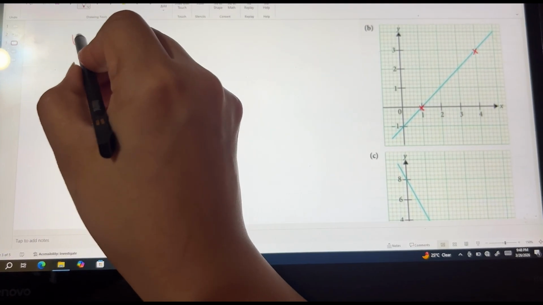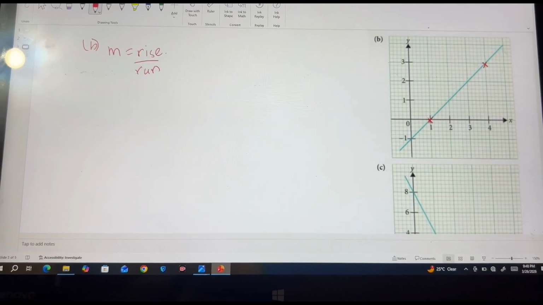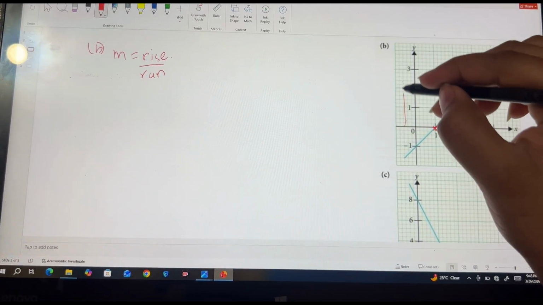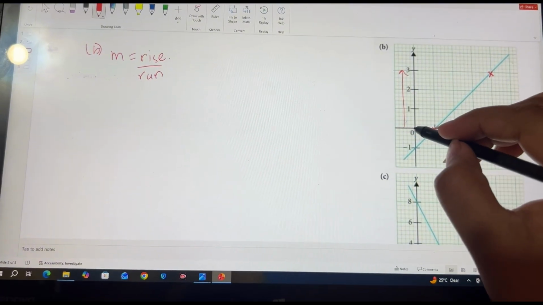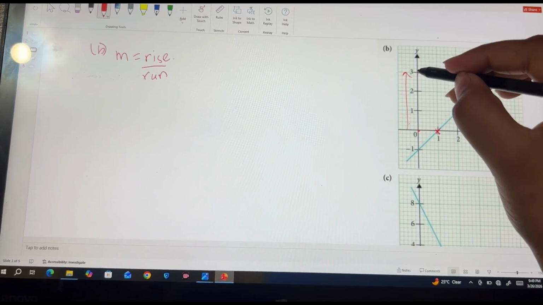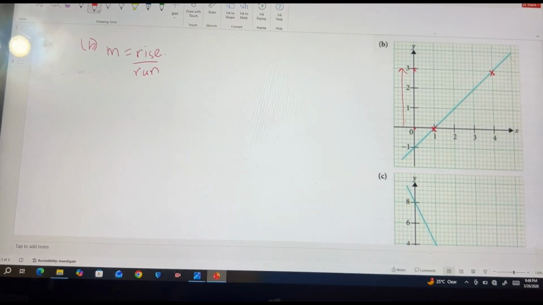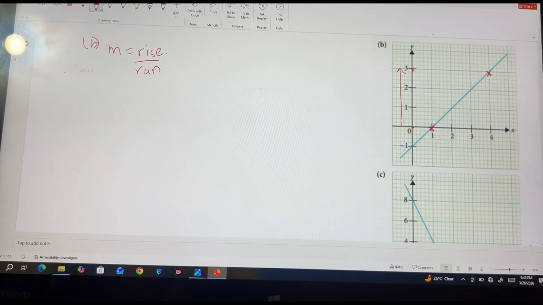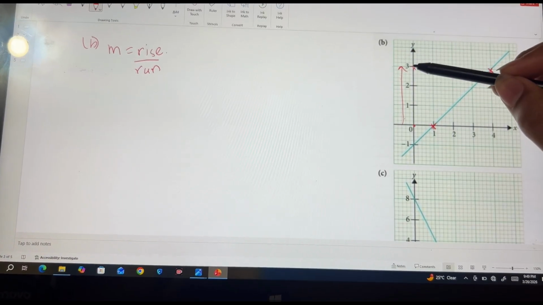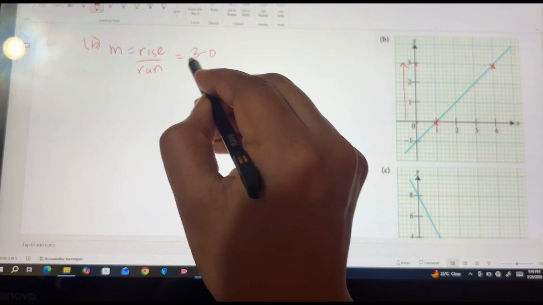We are solving part B. Now the formula is rise over run. Now, rise means the vertical axis. My first point is over here and my last point is over here. So rise is from 0 to 3. Now for calculating rise, you will always subtract the lowest value from the highest value. My highest value is 3 and my lowest value is 0, so it is 3 minus 0 upon